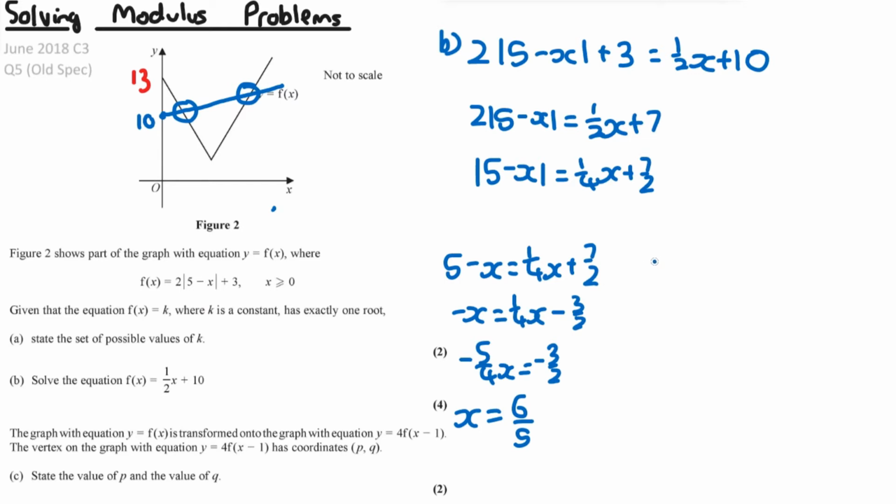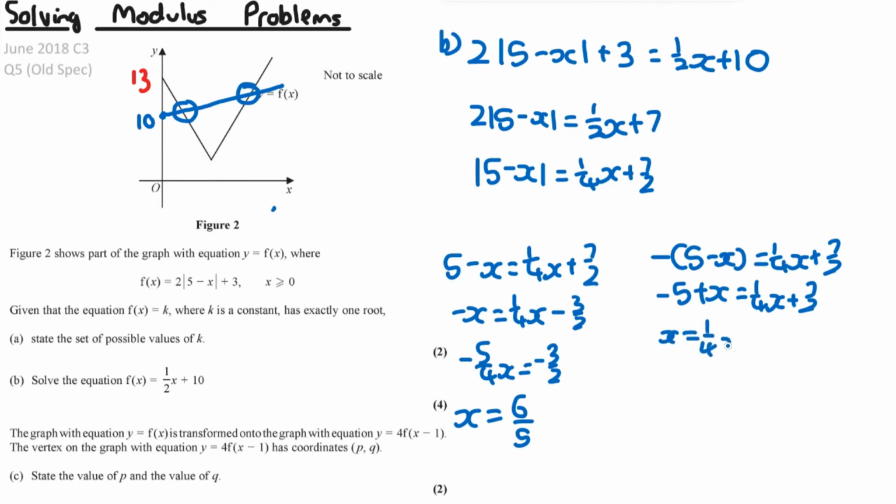So this is going to be minus 5 minus x is equal to a quarter x plus 7 over 2. So this is going to be minus 5 plus x is equal to a quarter x plus 7 over 2. So move the minus 5 onto the other side to get x is equal to a quarter x plus 17 over 2, and move the quarter x onto the other side to get 3 over 4x is equal to 17 over 2. So therefore x, if you figure it out, is equal to 34 over 3. So we have got two suspected x values, 6 over 5 and 34 over 3,